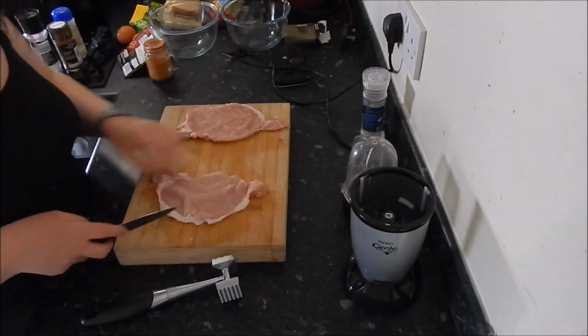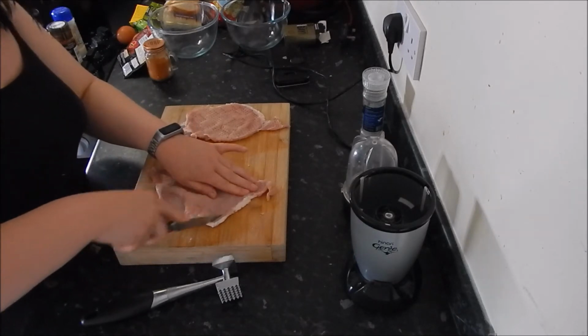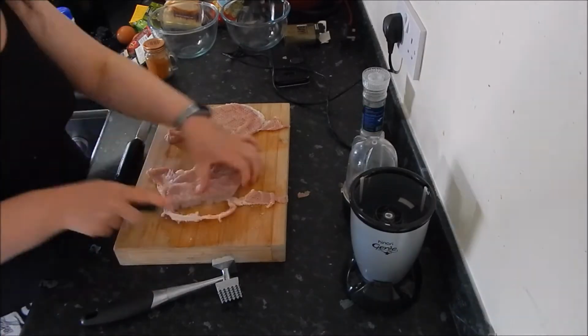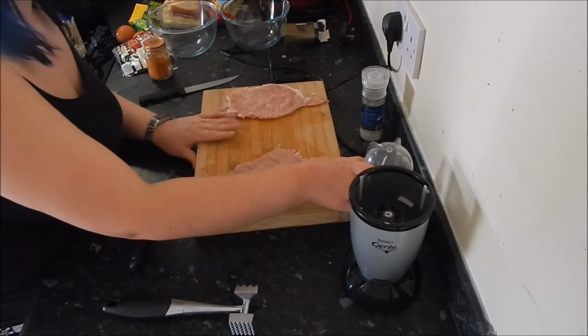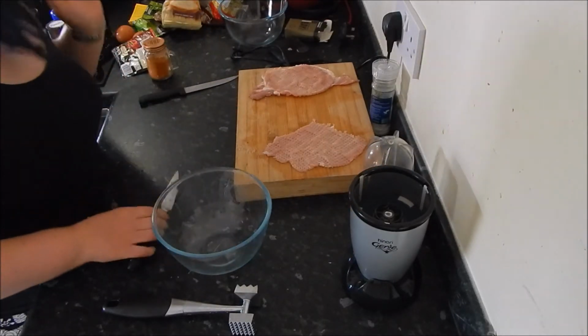However, to make it slimming world friendly, I have to get rid of all of the fatty bits, because otherwise it's not gonna be free food. So I just burnt my toast, so I have to redo it, but we can move on to the next step. So we need two